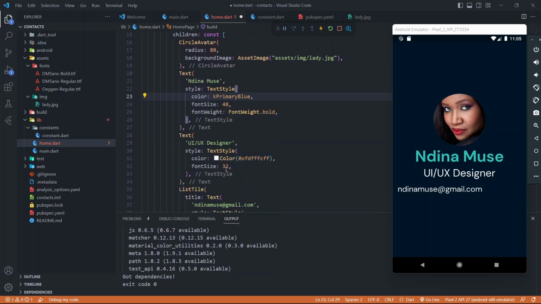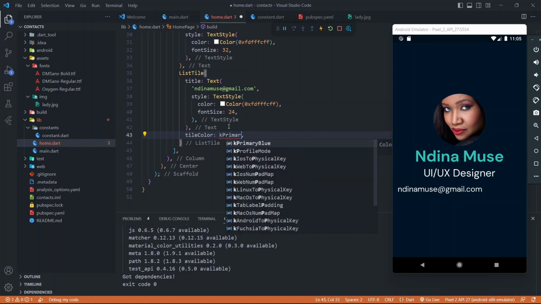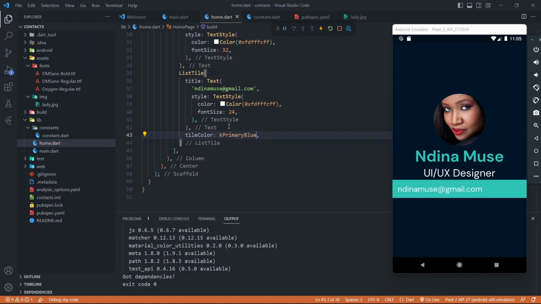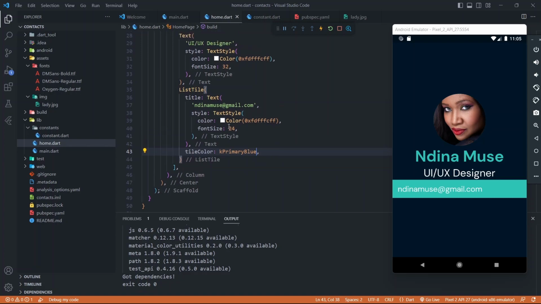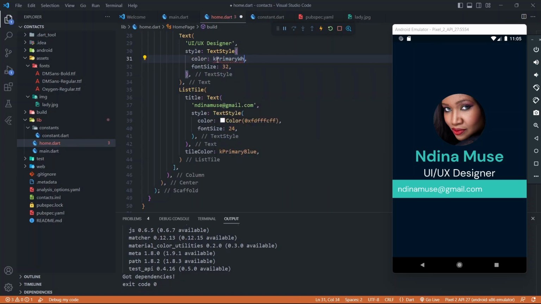So now instead of typing out the whole hex value, we just say k primary blue, then we save, which will change the color. And this color, of course, is a constant, so it remains constant. We can also do the same for the white color. We can call this k white,